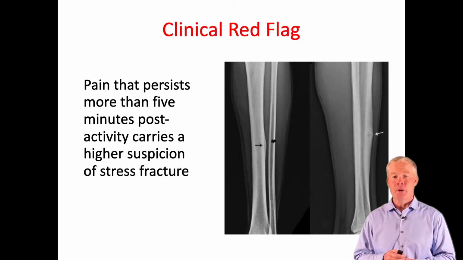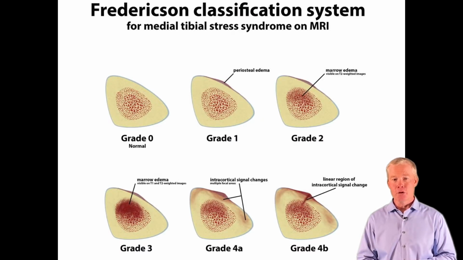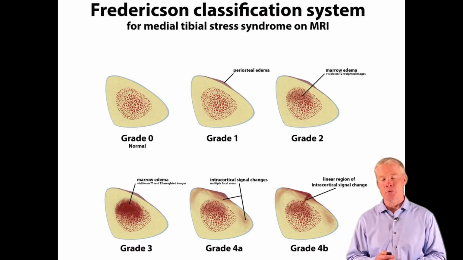The way that this progresses is we start here with a normal bone. The normal bone then advances into having a grade 1 reaction, which means there's a little bit of a periosteal inflammation, which then changes into a little bit of a marrow edema as well, which then starts to soften the tissue in between, and we get some cortical irritation, and eventually we get a little line that starts to show up into a stress fracture.